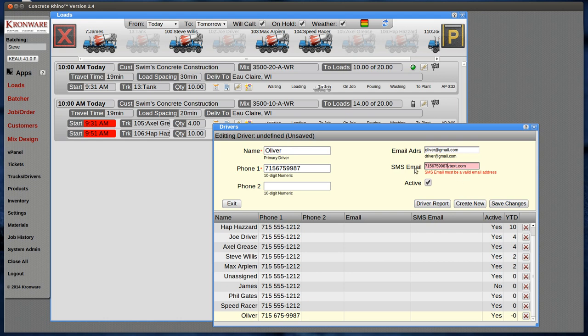That brings up a point. All these fields have a verifier on them, and when you have an invalid field